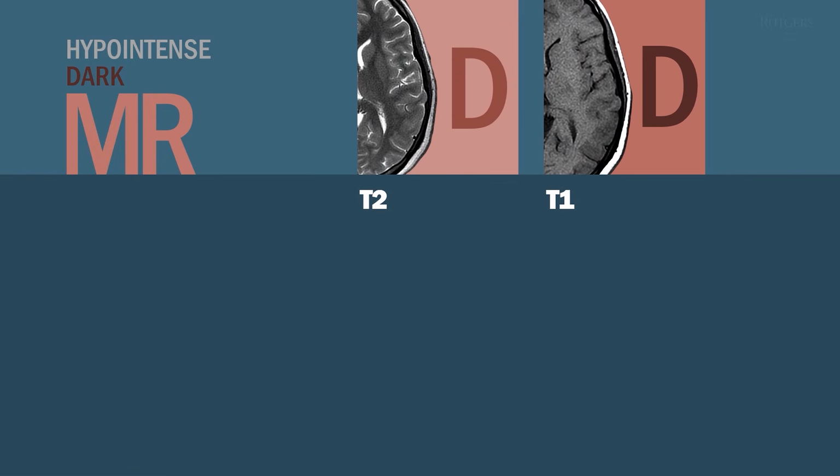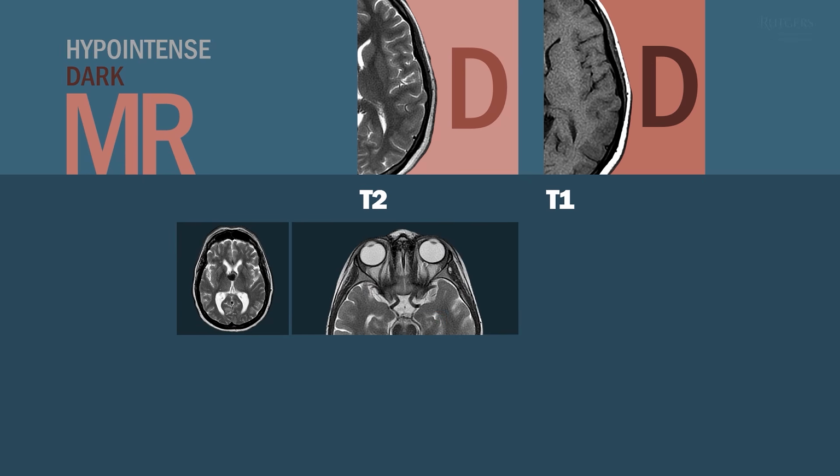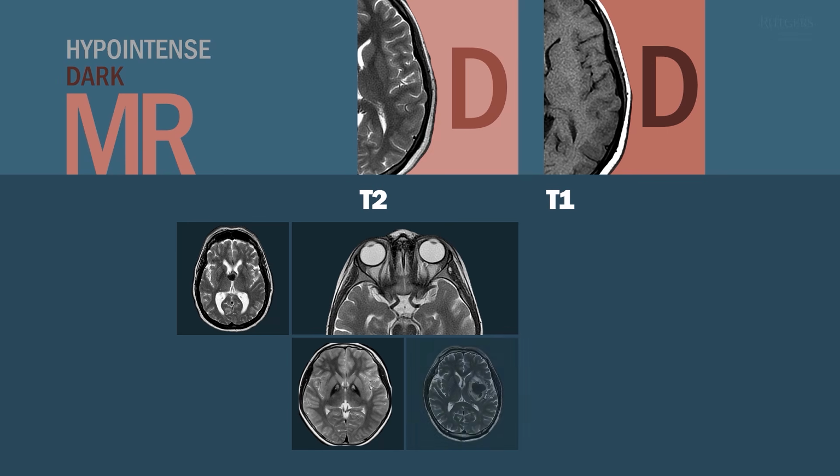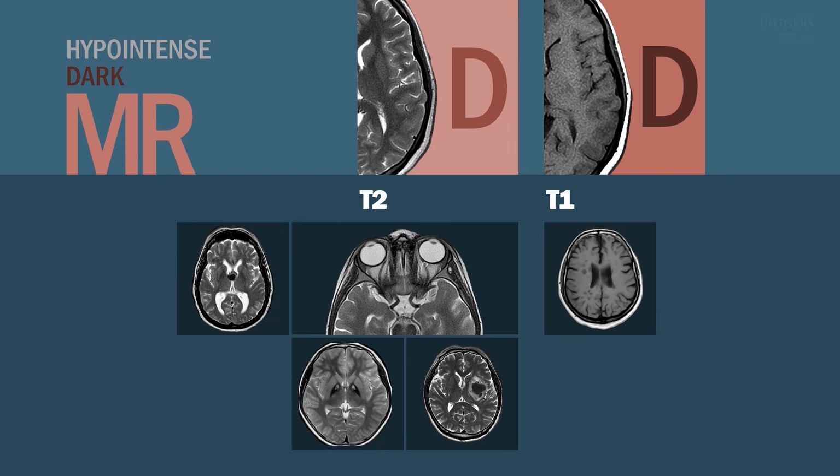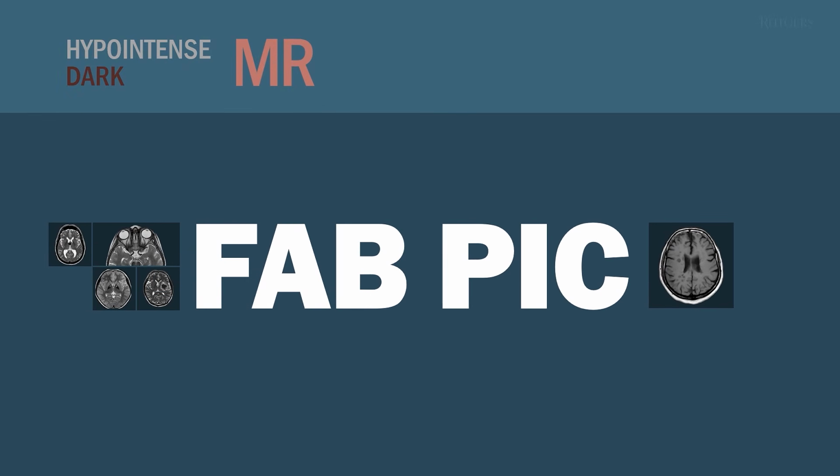Quick recap. T2 hyperintensities are caused by protein-rich lesions like the colloid cyst, flow voids corresponding to normal circle of Willis vessels and venous sinuses, deposition of paramagnetic substances like iron in this example, and acute hematoma. When it comes to hypointensity on T1, it behaves like the non-contrast head CT, showing fluid-filled lesions as dark. And if you need a mnemonic, how about FAB-PIC, fabulous picture? Flowing or acute blood, protein, iron and other paramagnetic substances, and chronic lesions on T1.